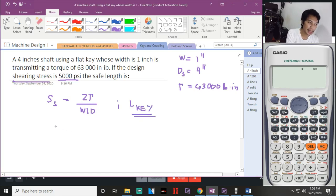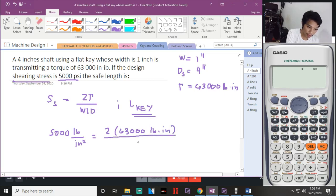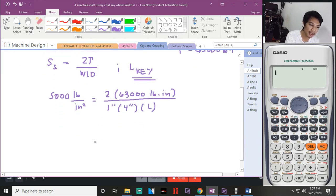Okay? SS is 5,000 pound per inch squared, equal to twice of the torque, so 63,000 pound inch, divided by the width is 1 inch, tapos 4 inch, tapos ang hinahanap is L. So, reform na natin siya. Isa-solve natin si L. L will be equal to 2 times